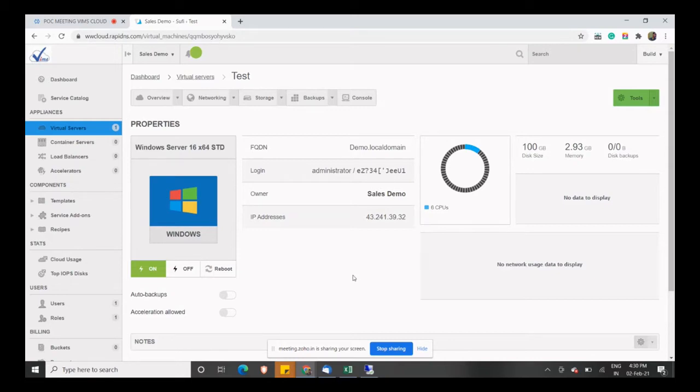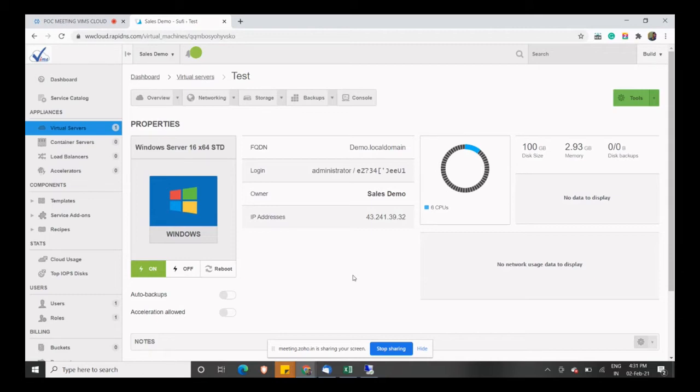Another option is that you can install the TS Plus application on the server. It is also RDP compliant. Via a web browser, you can get access to the virtual machine with a secure connection along with an SSL certificate. It comes with a free SSL certificate, so your connection will be secure when accessing via web browser from your on-premise location to the cloud. You will get an HTTPS connection. You can install it on the server, and via this option you can take access via web browser or via RDP.